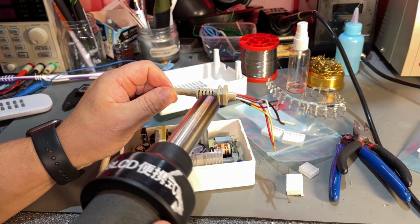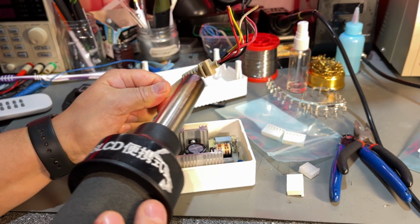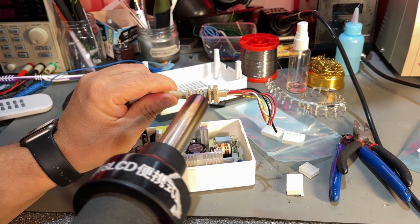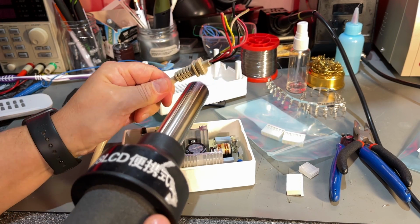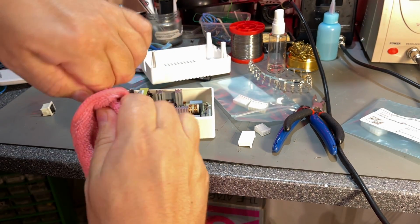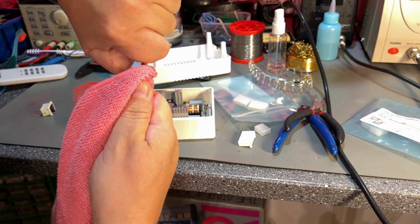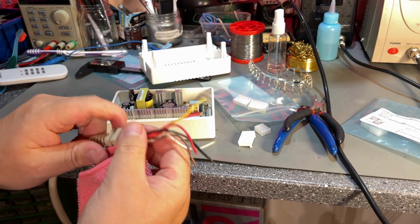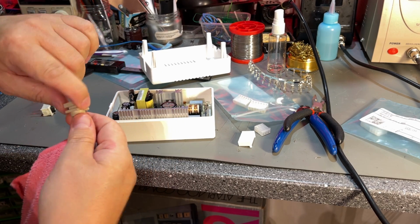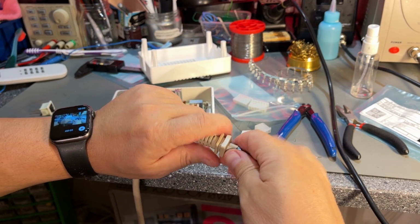So I need to be a little bit careful here. I don't want to melt this cable, and yeah, we'll see how it goes. If it's glue between, then the glue will perhaps loosen up. Let's see now. It's hot. No, it won't budge. Oh, it's hot. It kind of turns up here, but not down below here. Okay, so